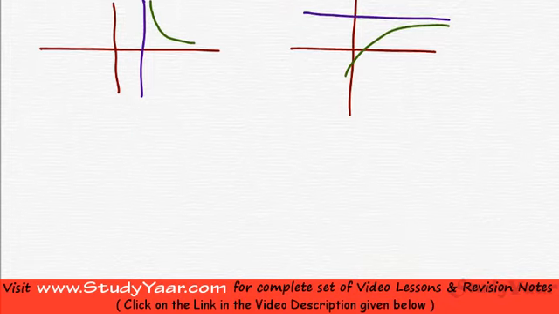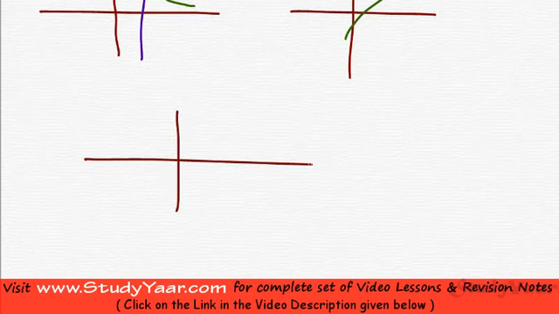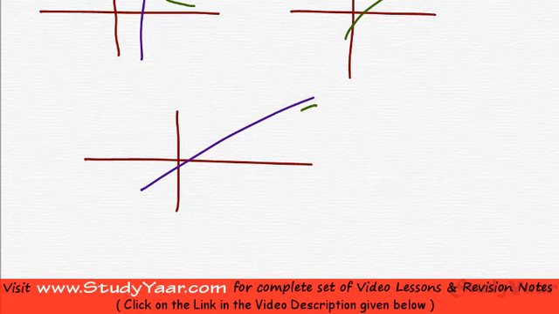You could also have an oblique or a slant asymptote. Just look at this diagram. Let's suppose this is your slant asymptote, then your curve is going to be something like this. As the curve goes to infinity in both x and y direction, this perpendicular distance tends to 0. At infinity you would probably have them meeting and this distance is going to become 0. Therefore this is an oblique asymptote.